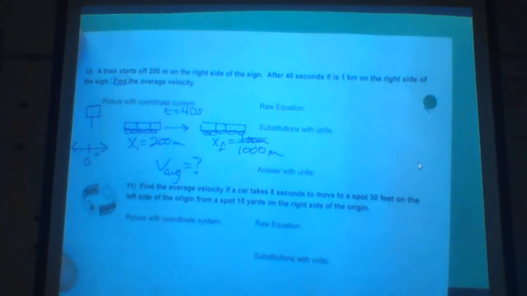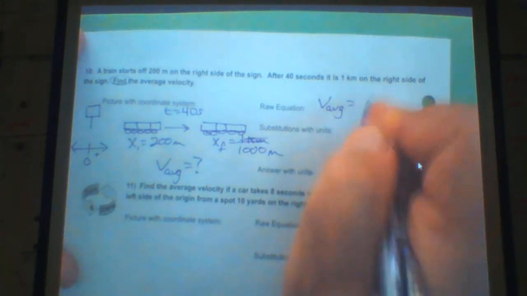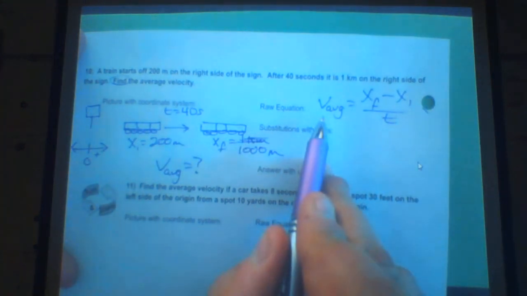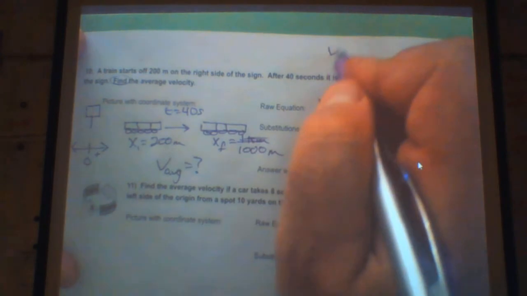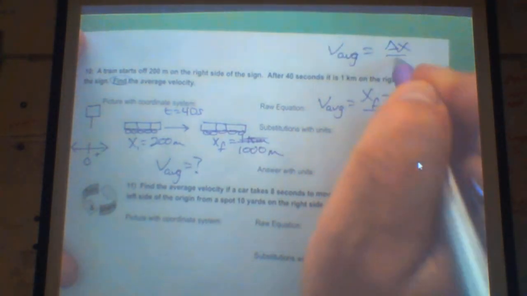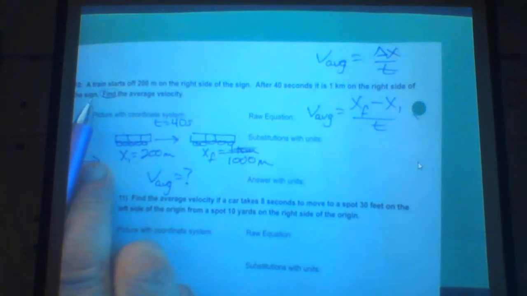Number 6, find the raw equation. We're going to use this equation right here now. We're looking for the V average, and we know all these others. We cannot use directly this V average is equal to displacement divided by time because we're not given the displacement. Yes, we could figure